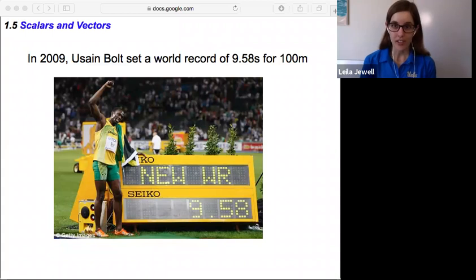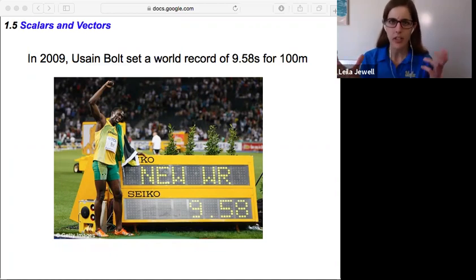Section 1.5, scalars and vectors. We're going to see how to distinguish between these two different terms, what it means to be a scalar versus a vector. So to introduce this, back in 2009, Usain Bolt set a world record of 9.58 seconds for 100